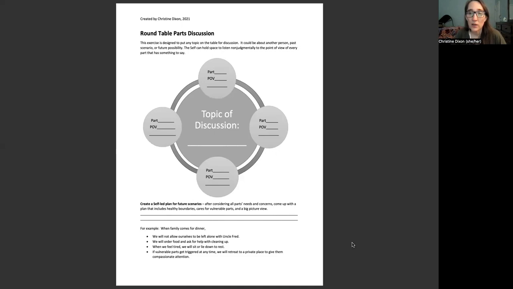And like I said, you can write it on the paper. You can use this worksheet, or you can just write this on a paper or in a notebook or something, or you can just do it without paper if that's not supportive. But I like to draw a circle and write the topic in the center. And then I just wait and observe who's active, who wants to say anything about this, or who feels about this.